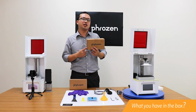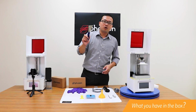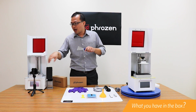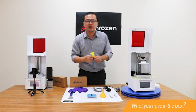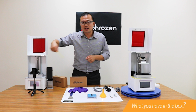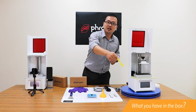What you will have in the Phrozen toolbox. First of all, you will have the metal scraper. This is to help you remove the finished prints from the build plate. And secondly, you will have the plastic wiper. That helps you to stir the resin or clean the debris in the resin